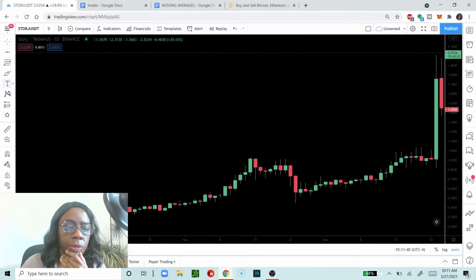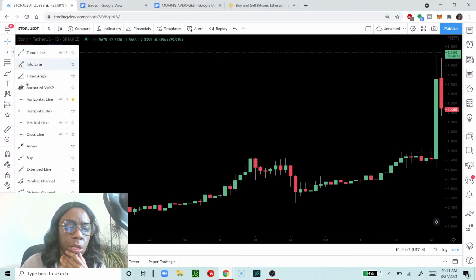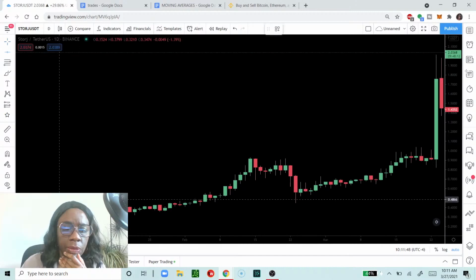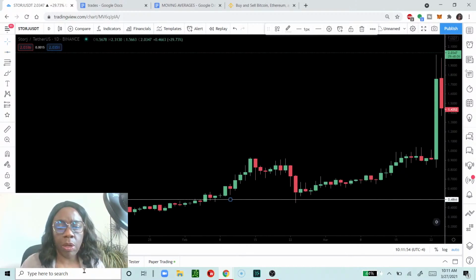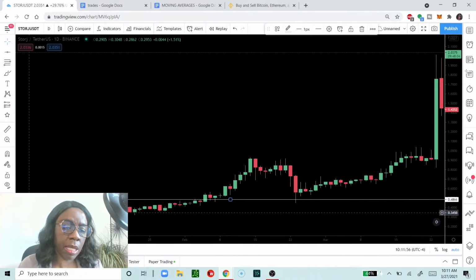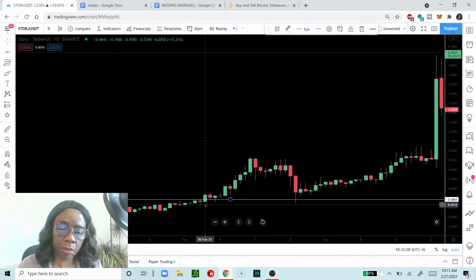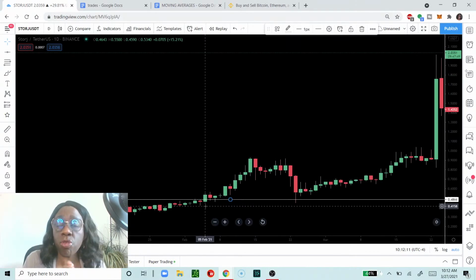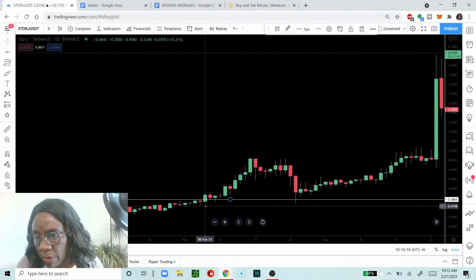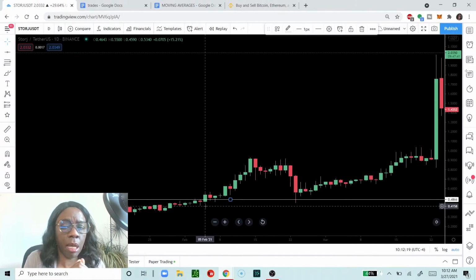Over here, I'm going to draw some levels, and I will tend to use this horizontal line here, and I'm going to draw a level down here. Why do I draw this level down here? I've drawn this white level because to the left of this vertical line, price action had not gone beyond the white line. So that was a strong resistance. Ever since the inception of this coin, price action had not gone above 0.486 of a tether.